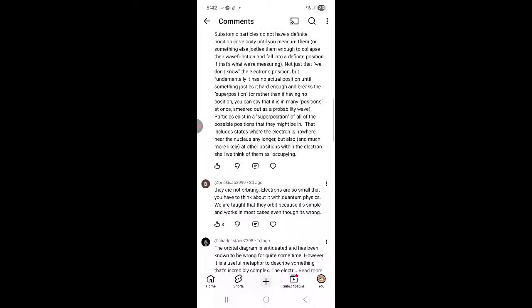Okay, what's this guy have to say? They are not orbiting electrons. They're too small. You have to think of quantum physics. Yes, magnetism. It's still an orbit around a magnetic field. There's no difference. We are taught to think of orbits because it's simple, it works. No, it's because of angular momentum. It's the only way that you can take something going as fast as 2.2 million meters per second into a very tiny